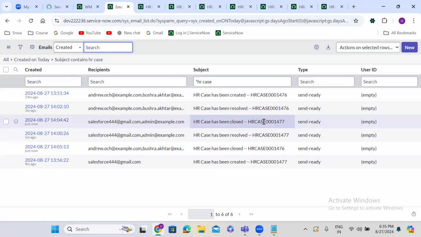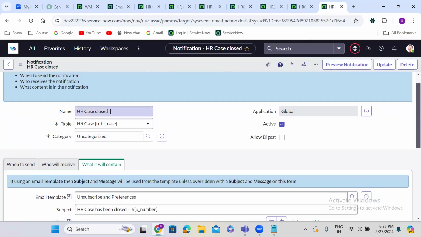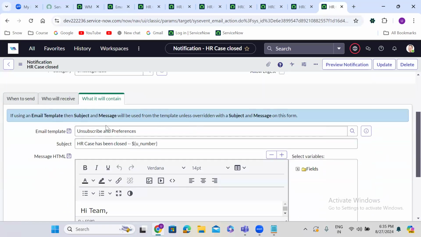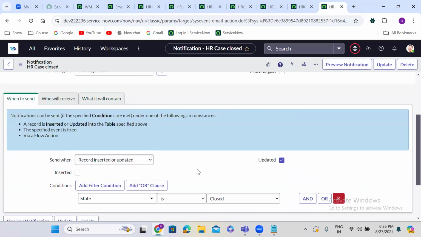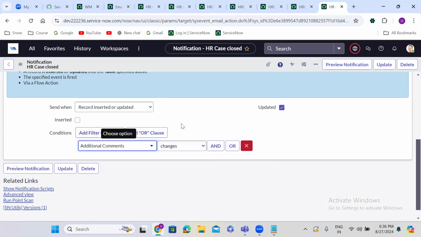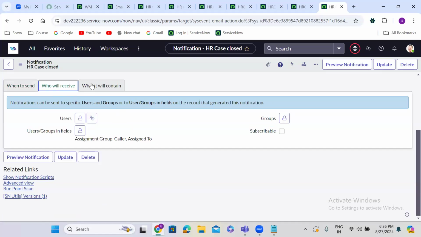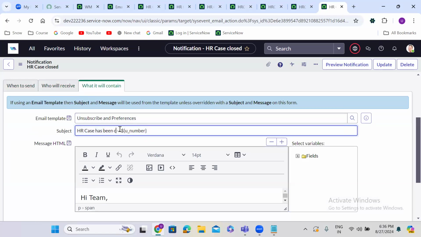So likewise, guys, every time when the HR case created, when the HR case resolved, when the HR case closed, it will be sending an email, guys. Okay. So every time when the HR case additional comments updated, I am writing the condition here as additional comments changes. Every time when you change the additional comment, the assignment group and caller assigned to person will receive